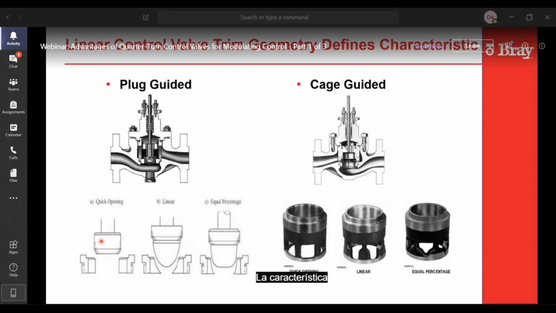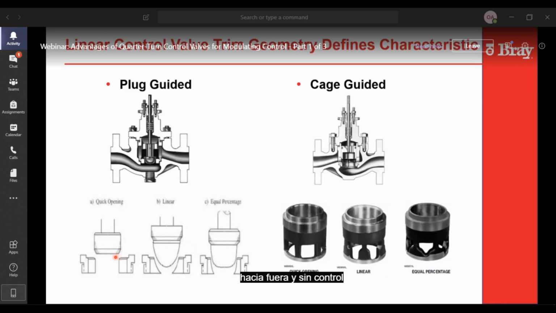the characteristic, on an unbalanced trim, is the difference in area between the plug and the seat as you open the valve. So you can manipulate that area by shaping the plug. A quick open obviously is flat. You want fast flow out and no control.